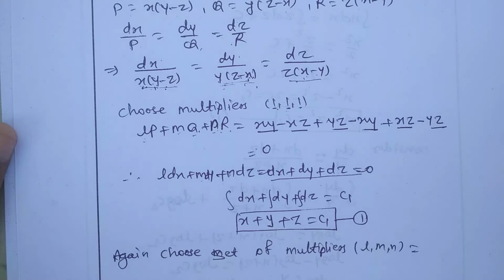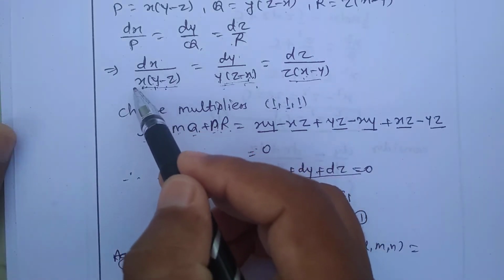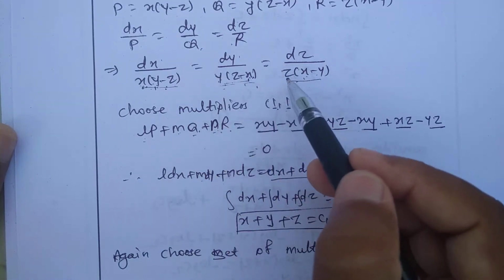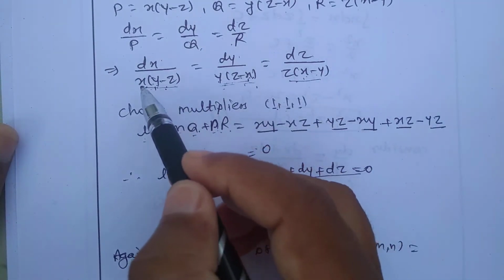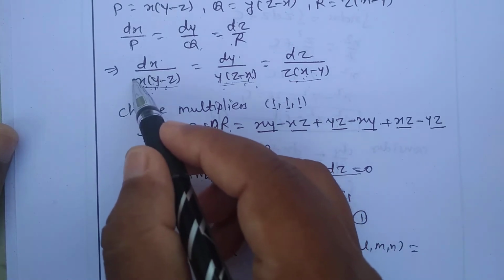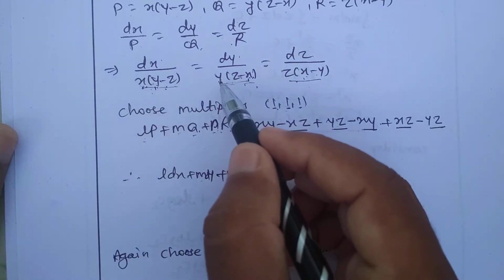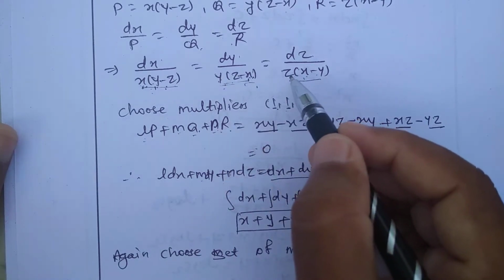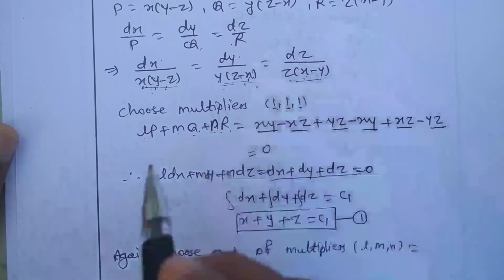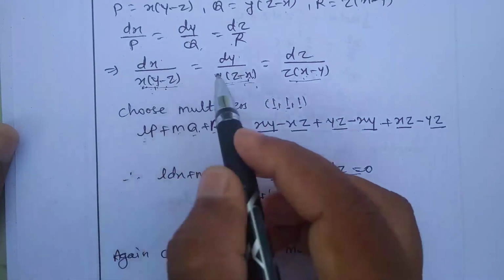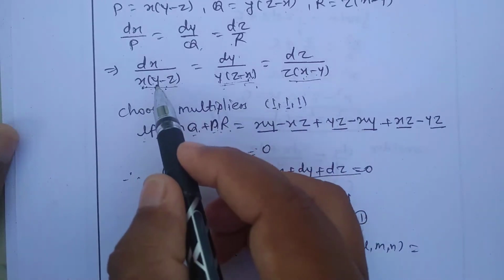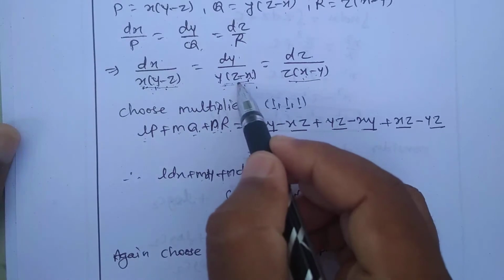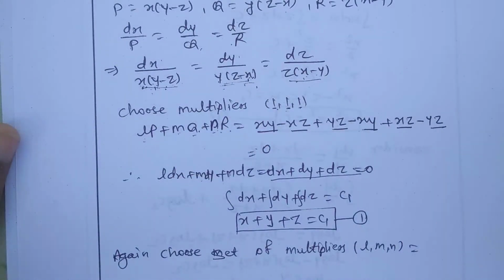So see, if you try to cancel out this outside x, outside y, and outside z, that means if you multiply this term by 1 by x, then 1 by x and x get cancelled. If you multiply this term by 1 by y, then y and 1 by y get cancelled. And if you multiply here by 1 by z, z gets cancelled. So you will get here y minus z, z minus x and x minus y. So this y and here minus y get cancelled, minus z and z get cancelled. That means we may get 0.